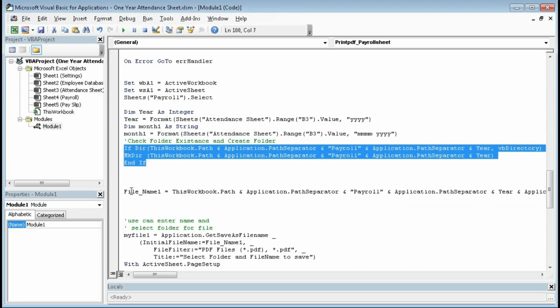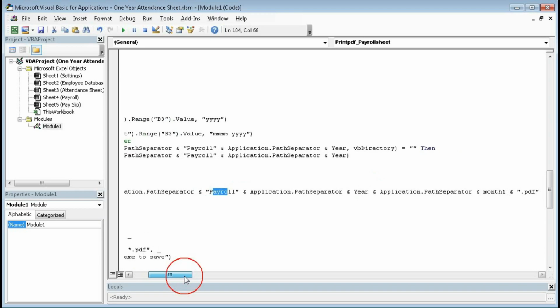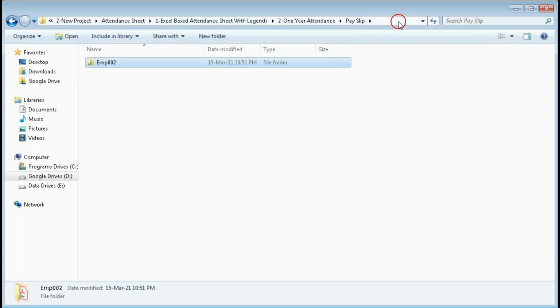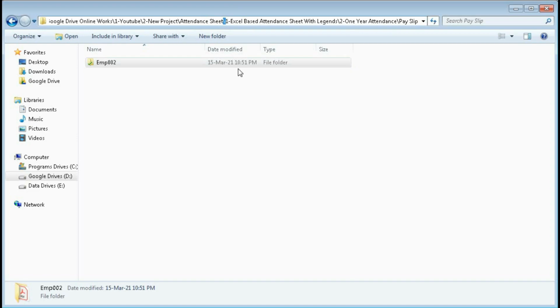Then file name 1 equal to this workbook.path, this is backslash, that is application.path separator, payroll sheet, again application.path separator, that means oblique. As you can see here, these are the obliques. You can see this is the file path separator.